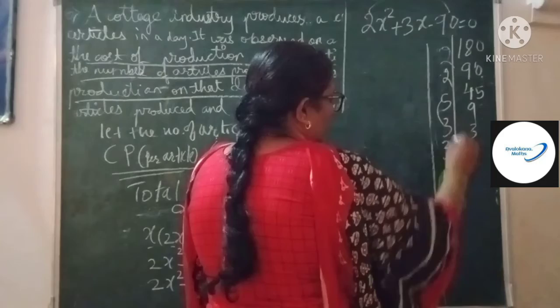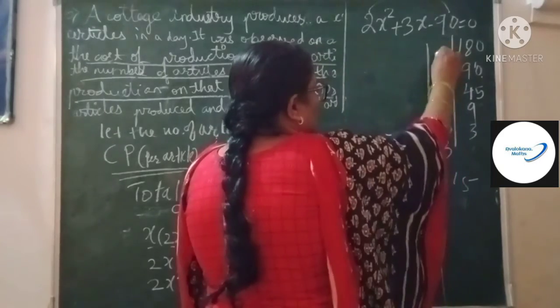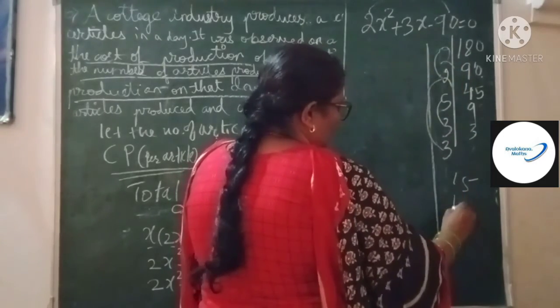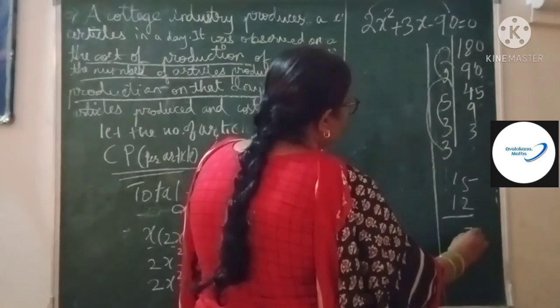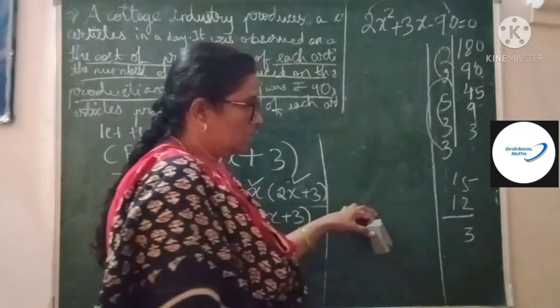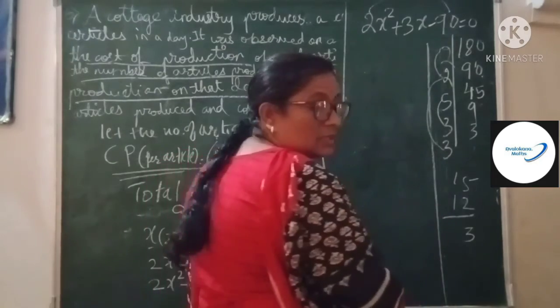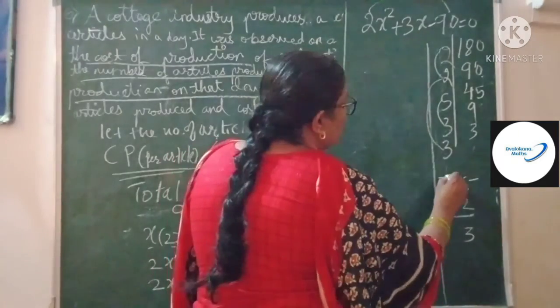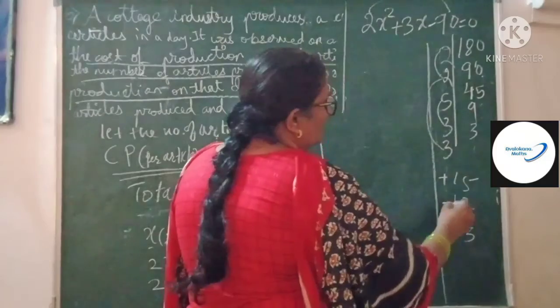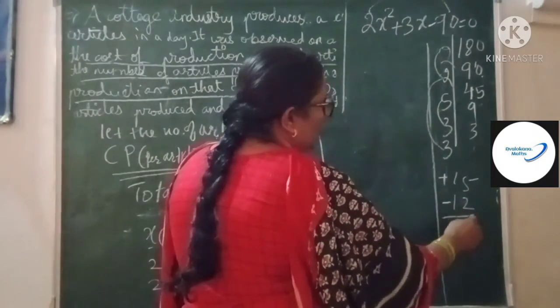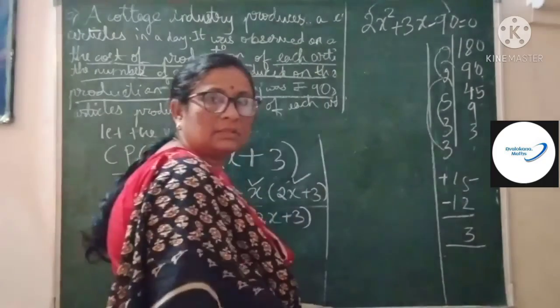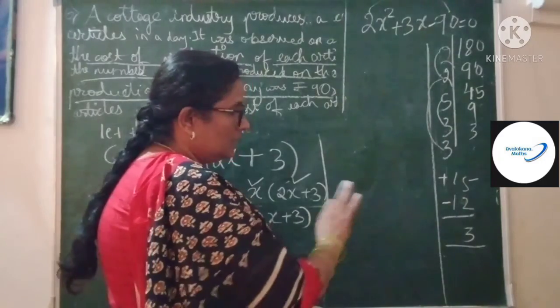Then 5 tens are 50. Yes, 2 sixes are 12, and this combination of 50 and 12 gives you what? 3x. We have got it. So what did I tell you to do? The operation is subtraction, of course, we have to subtract. To get a positive number, this is plus and this is minus: plus 50 minus 12 gives you plus 3. Clear your doubts here only.